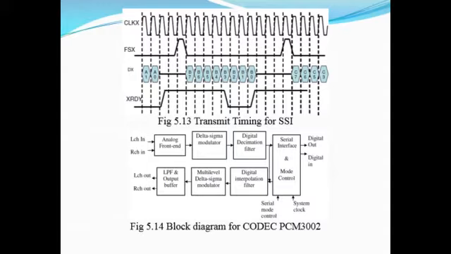Similarly, we are going to do the reverse process when we go to the destination part. What we discussed earlier, the three different blocks, are the blocks involved in the process of transmission, and this is the block involved in the process of reception. So the digital interpolation: whatever signal we feed to an interpolation filter, it is nothing but increasing the sampling rate by introducing some samples into the given set of samples. Earlier we decreased the sampling rate, now we are going to increase the sampling rate by passing it to a filter, which is an interpolation filter.